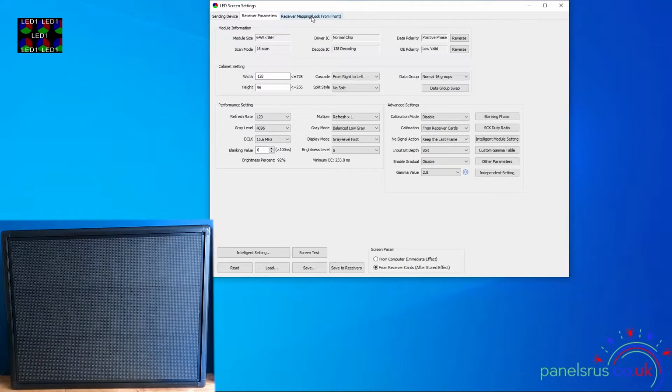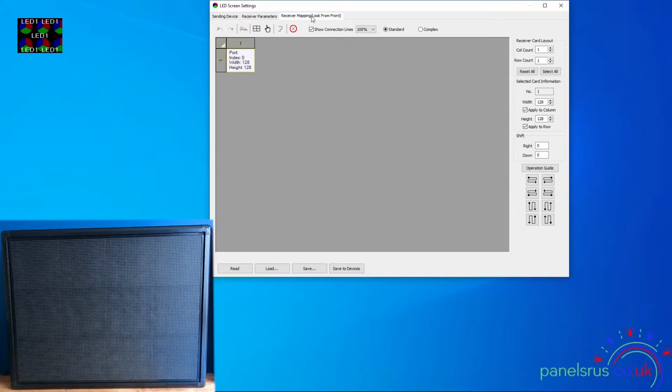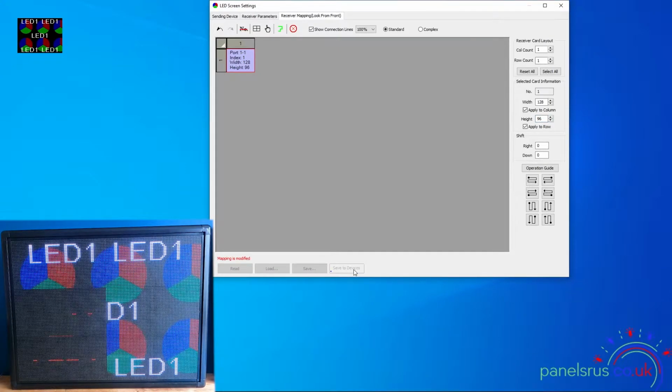So we'll go into the receiver mapping tab. Just click on it to highlight it, and then on the right hand side we can set the width and the height again. So width was still 128, height 96. And if I now apply that again to the card by hitting save to device at the bottom,